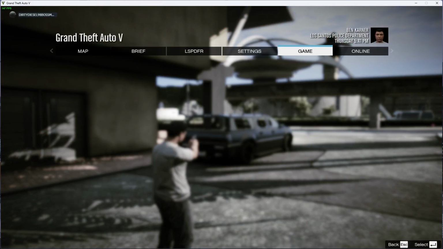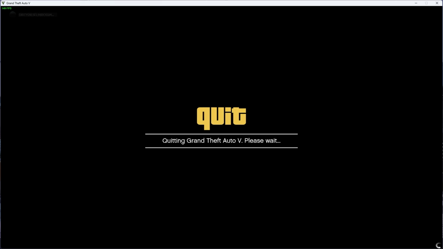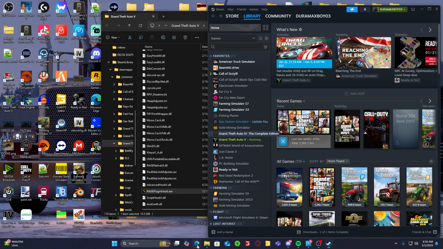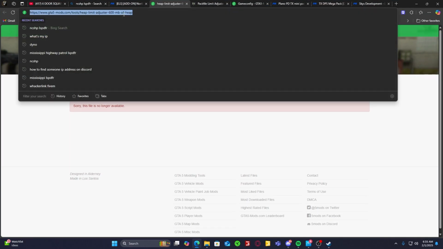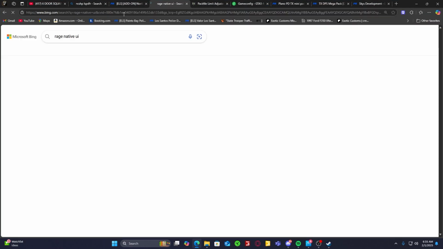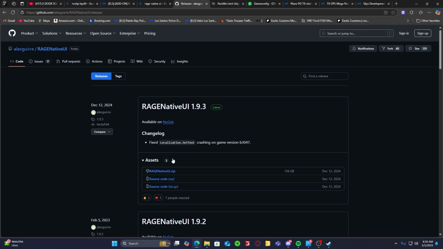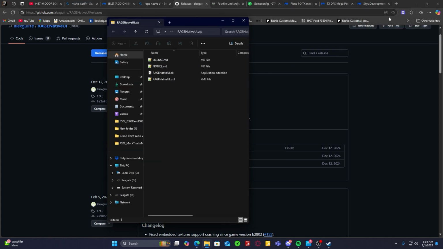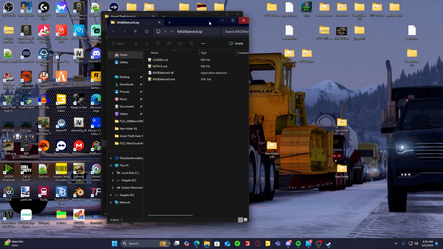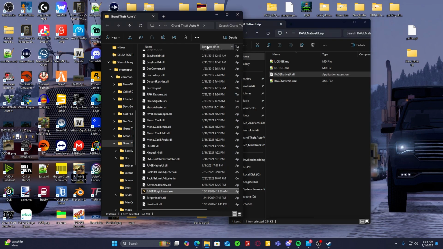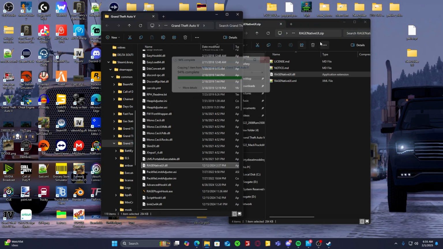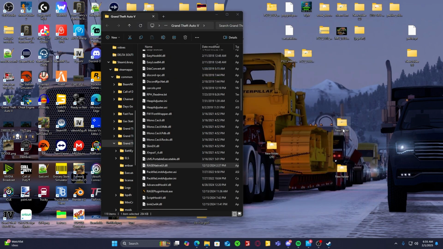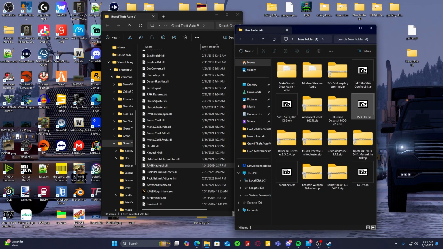We will go install the new version of Rage Native UI that will make everything work. So sometimes you'll have to go here and type in Rage Native UI. And you'll go down here to the newest version and hit download, December 12th of 2024. Just go ahead and open this. Go ahead and just drag this in here just like this. Alright, everybody, you guys have done great. Alright, next thing is,